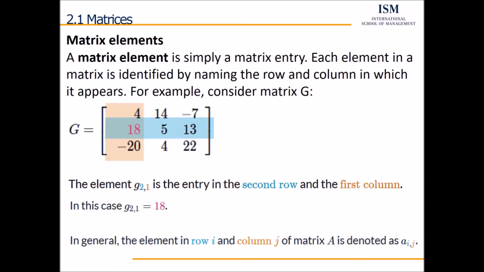In this case, G under 2,1 is equal to 18. In general, the element in row i and column j of a matrix A is denoted as A